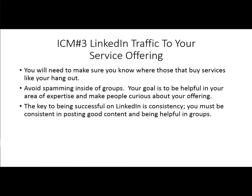Now, once you understand that, man, the key to being successful in LinkedIn is going to be consistency. So you can't get inside of LinkedIn on one occasion, on one day, and do a couple of activities and expect that you're going to have leads flowing in where you can get paid immediately. That's not going to happen. You've got to be consistent. You need to have a routine that you go through, and you need to continue to stay at it until you start getting leads. Now, you need to be consistent in posting good content and being helpful in groups. Those are the number one things you have to do inside of LinkedIn in order to attract the kind of people that are going to be willing to pay you for your